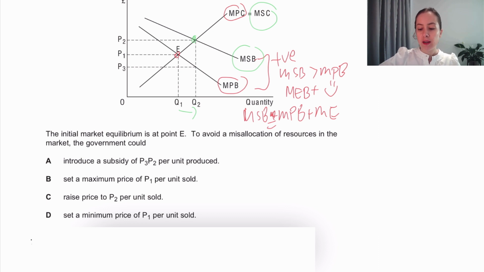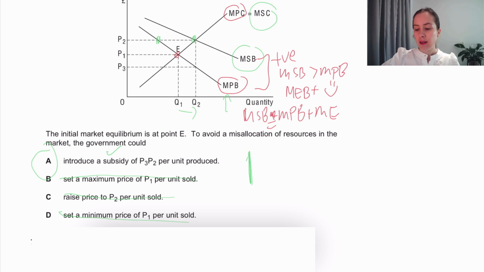A subsidy increases quantity. Maximum prices, they reduce quantity. Minimum prices reduce quantity. Raising prices won't shift anything. They definitely don't want the price to go up because people are selfish. People are only consuming on the MPB, and if you raise the price, they'll want to consume a little bit less over here. As a result, that's the answer, but that's the answer because a subsidy of P2, P3 means